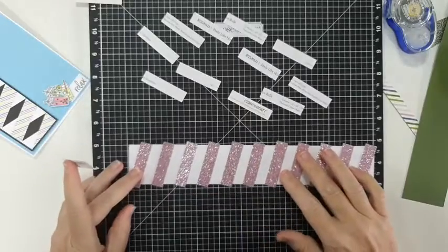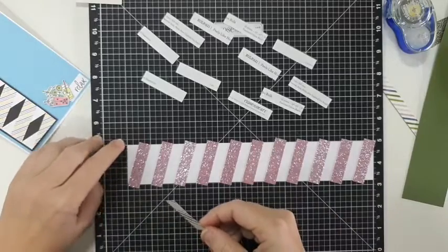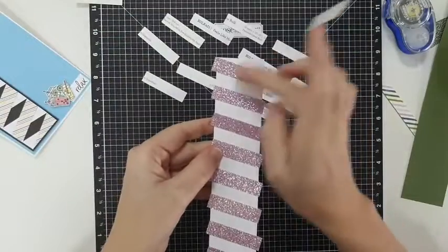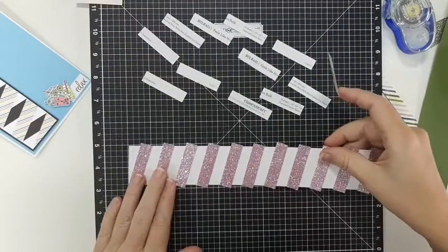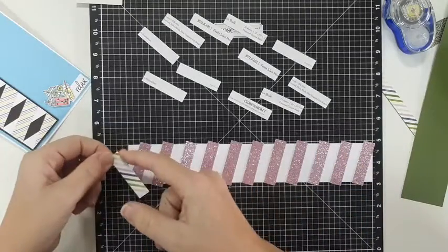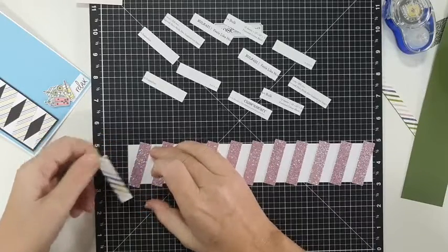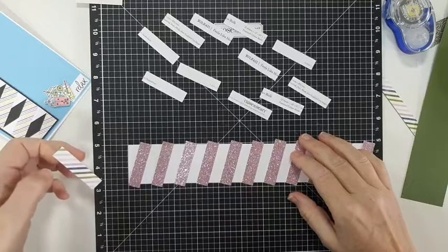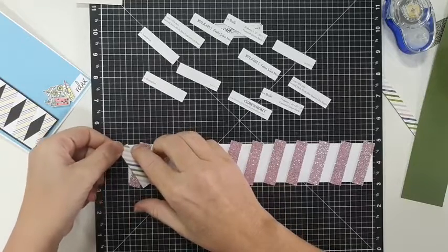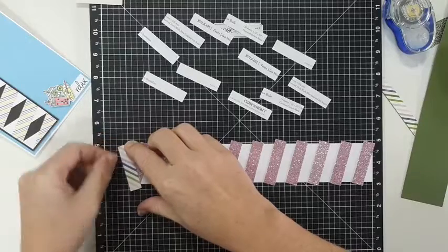Okay, so then when we start on the next piece, we're going to start at the top right. So this is actually going to go this way. We're going to start at the top right and come down. This time we don't really need to measure. All we need to do is go, the bottom goes on, I'm just looking at my paper. So the bottom goes there. Yes, the bottom goes to the top corner. And then the bottom goes